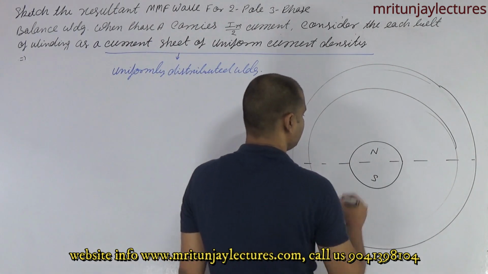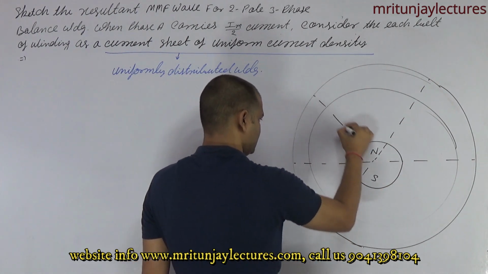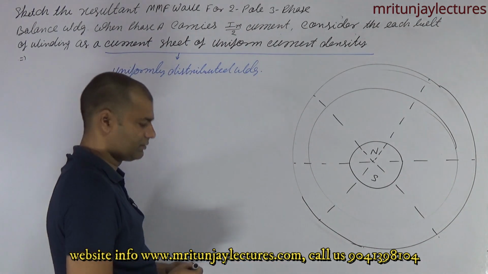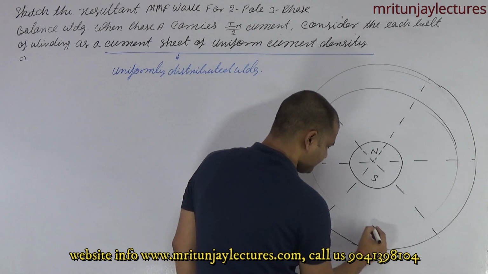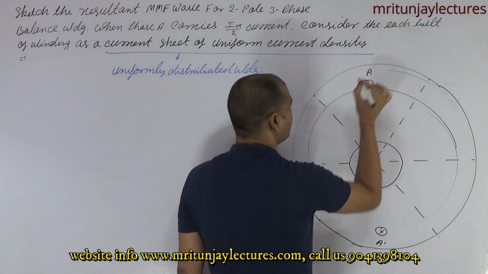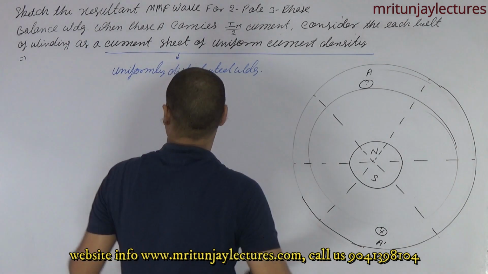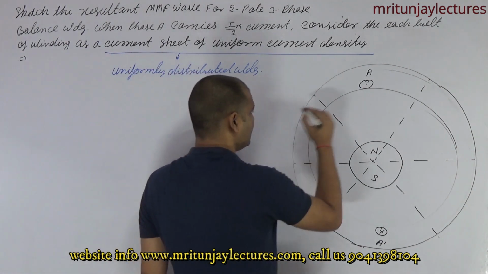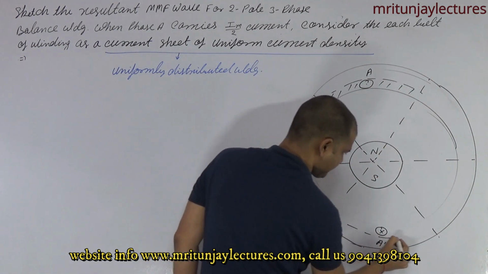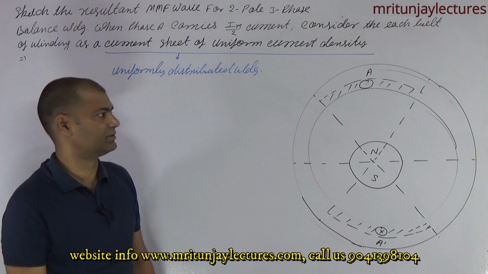And three phase, it means a phase shift. If this is A dash, that is A. If you A, that is A dash. And also it is a uniformly distributed winding, that's why we represent it like this one.